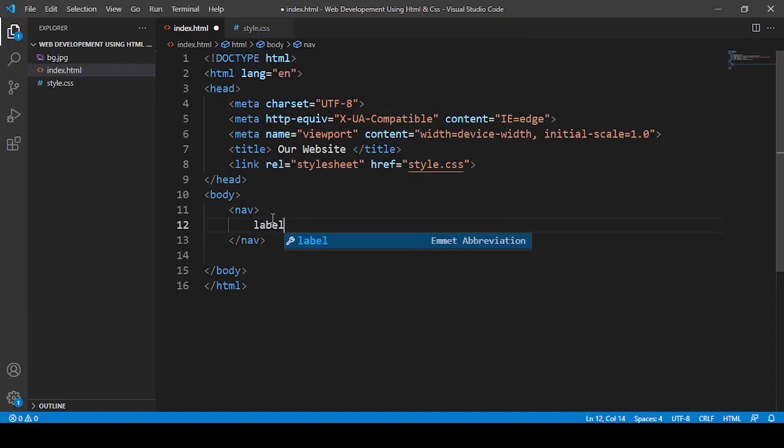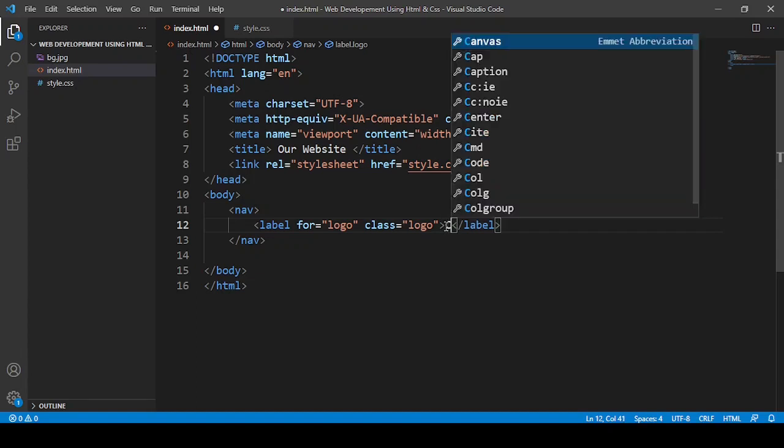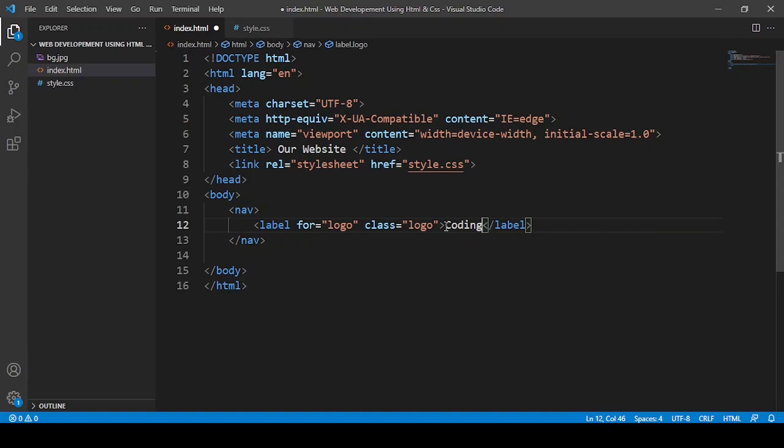Okay, so I'm going to say label.logo, and here logo for logo, a class also logo, and in that you can say here web development, and you can give a brand name for your website. Like here I'm going to give coding, or here you can say our website also. So I'm going to just say here our website.